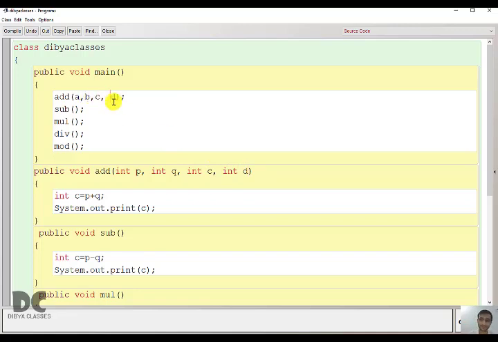For example, if A is int, B is double, C is char, and D is boolean, this should also match. Here A value will be stored in P, not A value stored in Q. It doesn't happen like this. It always follows the order. A value will be stored in P, B in Q, C in C, D in D. Or you can change the variable names.